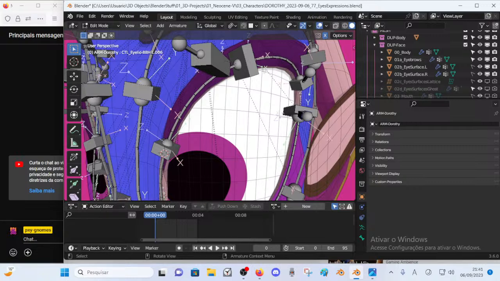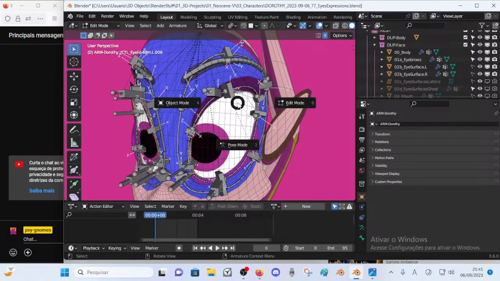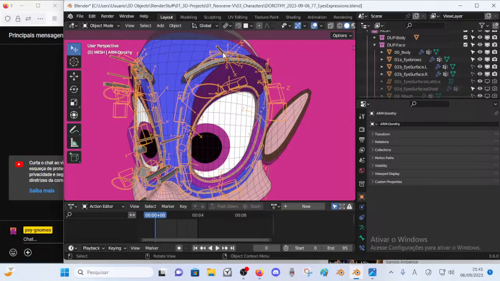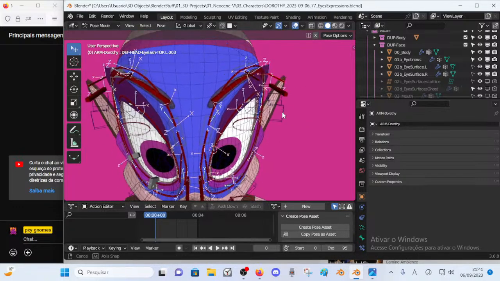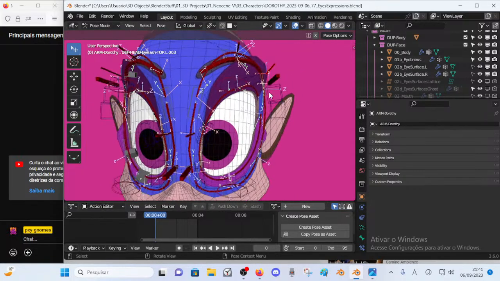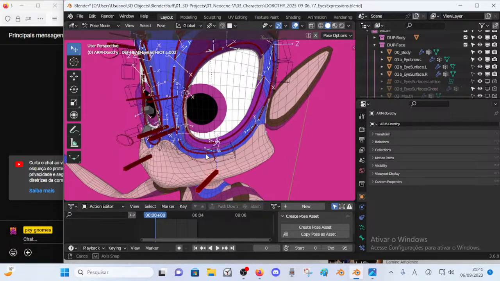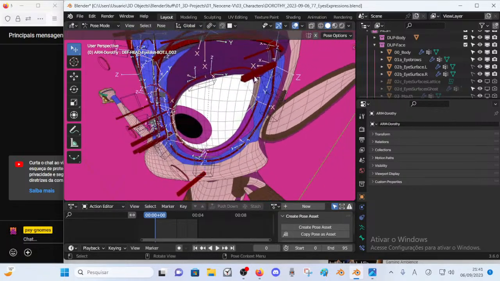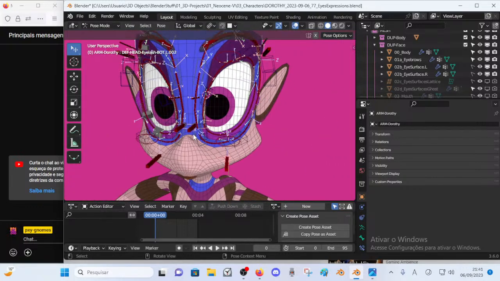So these bones are not related to the eyelashes. The eyelashes rig has its own deformed bones, and they don't have control bones. So this will be a deformed eyelash bone. There are 3 for the top eyelash and 3 for the bottom eyelash. They are slightly larger here. This one is very high, but they have bone constraints.